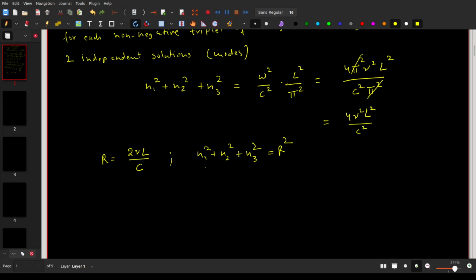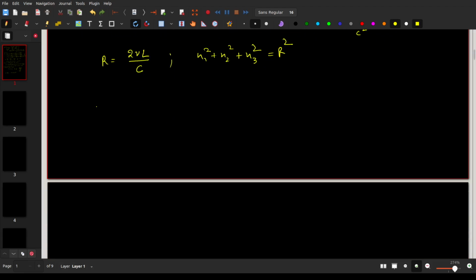So for each non-negative n1, n2, n3 which satisfies this condition, we have two independent solutions or two independent modes. Therefore, the number of modes or number of independent solutions between frequency nu and nu plus d nu is equal to